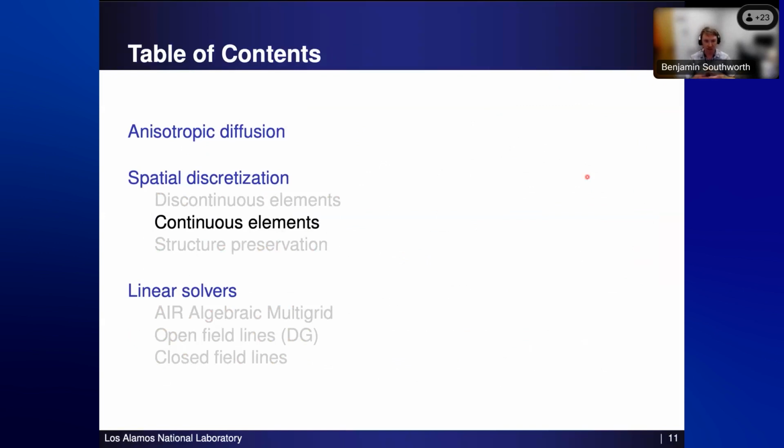Okay, and so that's DG. And we have a paper on that one online right now. And the paper discusses the DG element formulation and then the initial solver framework too. But before we get into the solvers, I'm now going to talk about continuous elements, which is what we started working on this fall. And so this is ongoing work, but the idea is basic. It's that, well, we have this new DG discretization that not only worked for the solvers, but actually provided very good accuracy. And we use a similar formulation in the continuous element case.